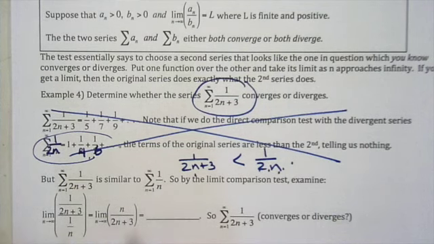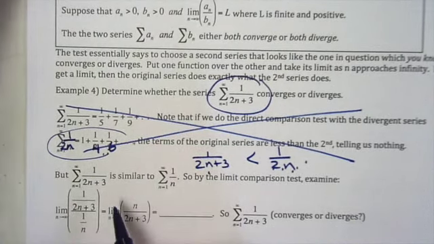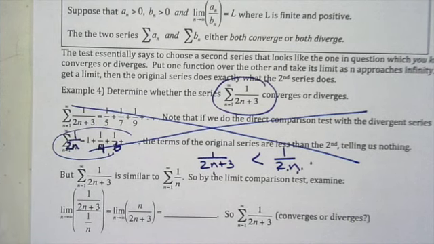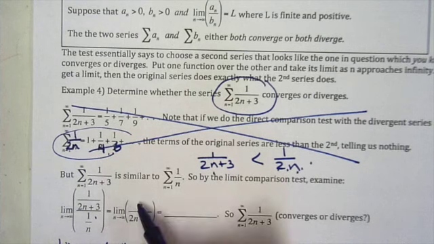So what we're going to do is take the limit of the original divided by what you're comparing to. And it actually doesn't matter if you flip it or not. So if I rewrite this as a multiplication problem, it gets multiplied by the reciprocal, so this becomes this, which is what I have up here. We're taking the limit as n goes to infinity, degrees are the same, ratio of the lead coefficients gives me